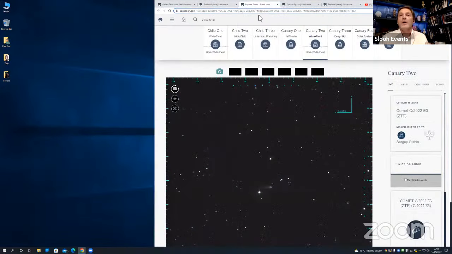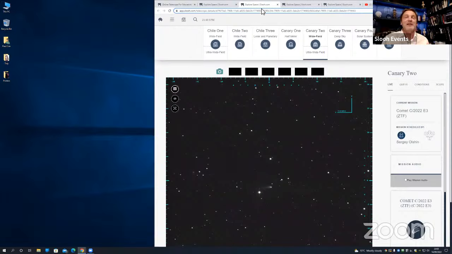But here we go. Oh, wow. So if you are brand new to Slooh, this is the live telescope view that you can have every single night, your students can have every single night. And what are we looking at here? In fact, now would be a great time to introduce the astronomer on the team, Dr. John Boisvert. John, what are we looking at here?